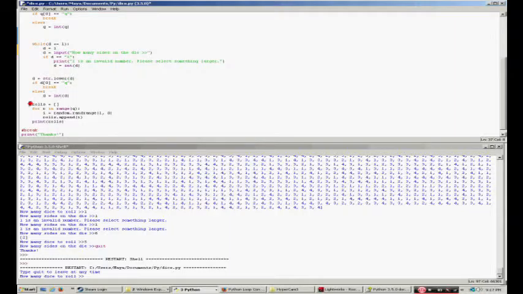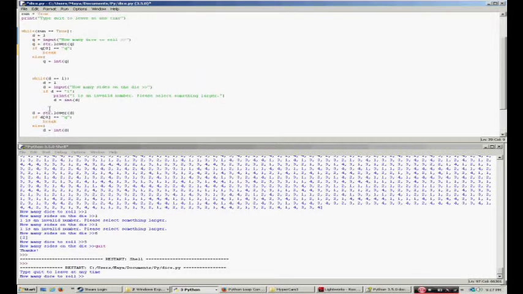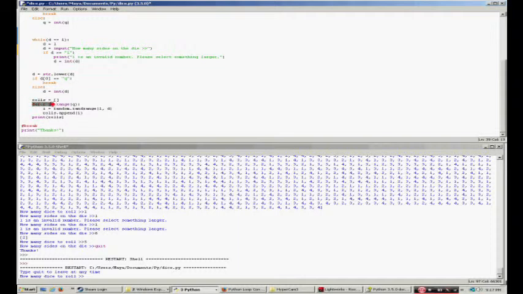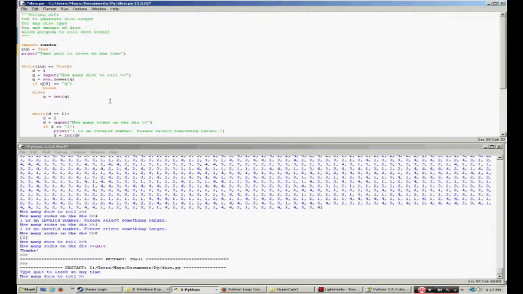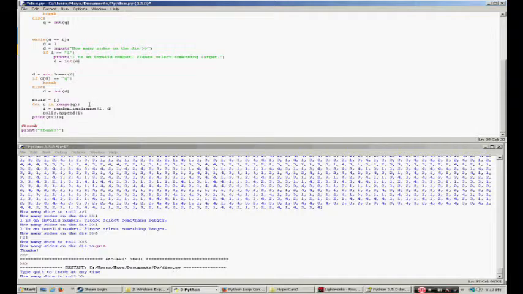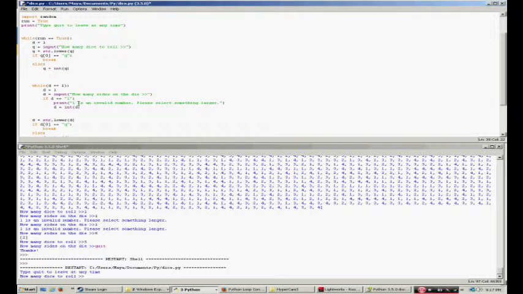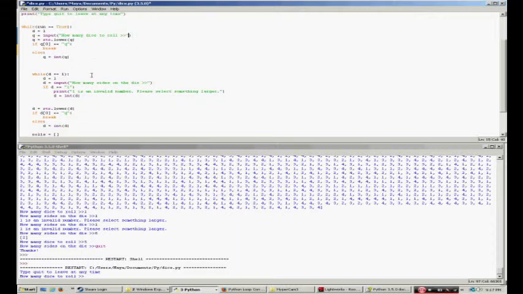I determine rolls. The variable rolls is an empty range, or an empty list, I guess. And then for r, which is just a random, you know, I don't really understand how for loops work. I need to do some more research on for loops. So for r in the range of Q, where Q is right here, we determine Q as the quantity. So how many dice do you want to roll? So within the range of,